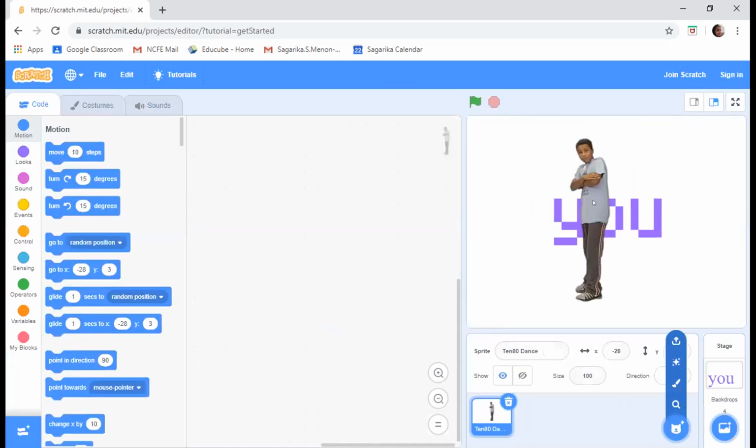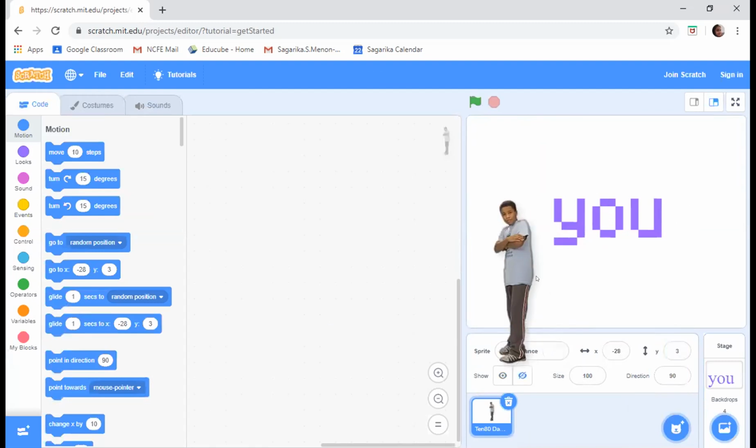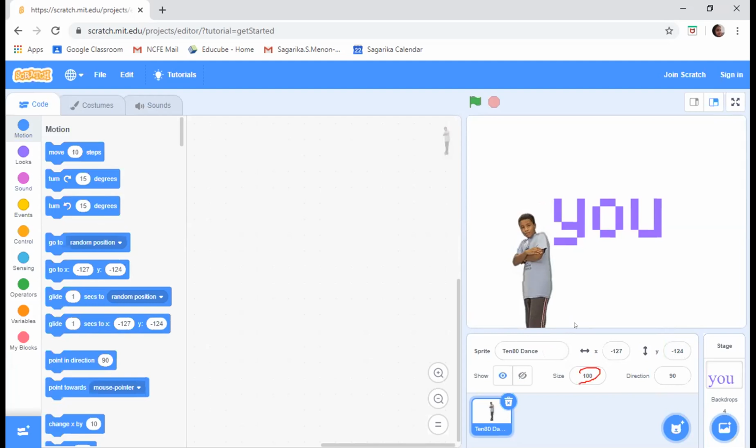Okay, very good. Now we will do coding for the sprite. Okay, let's reduce the size of the sprite. Let's make sure sprite size is 80. Yes, 80.